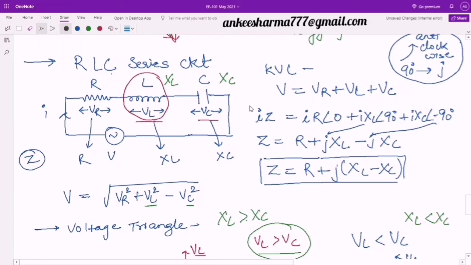Now there we will have a special case also, that is resonance, and I will just give you a brief idea what resonance is. In resonance, what we do, we change the value of XL and XC in such a way that XL becomes equal to XC, and as you can see these two are subtracting each other. If these two are equal, then definitely the resultant will be 0, or you can say that in that case your Z will come out to be equal to R only, or you can say the impedance provided by that circuit will be very small. So this is the special case of the series RLC circuit, which we will discuss in the case of resonance, right? So I will stop here.